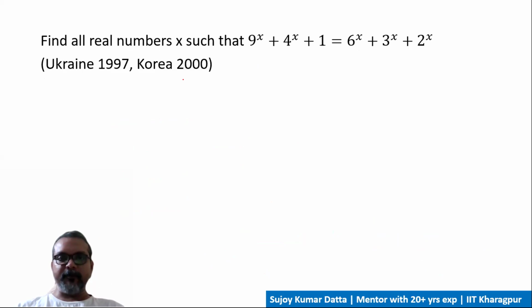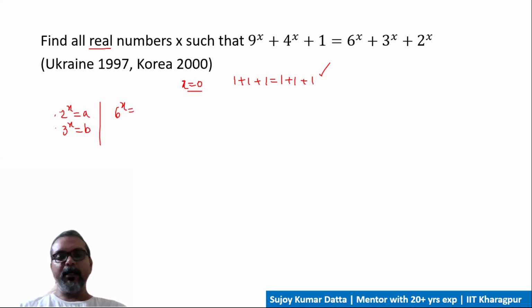So to solve for this, now obviously x equal to 0 clearly satisfies. So we get 1 plus 1 plus 1 equal to 1 plus 1 plus 1. So 3 equal to 3. I have to check whether any other real solutions are possible or not. So if I define 2 raised to the power x as a and 3 raised to the power x as b, then all the other terms can be expressed in that. So 6 to the power x is the product of these two, because 2 to the power x times 3 to the power x will give you that. 9 to the power x will be square of b. Similarly, 4 to the power x will be square of a. So the equation that we have is